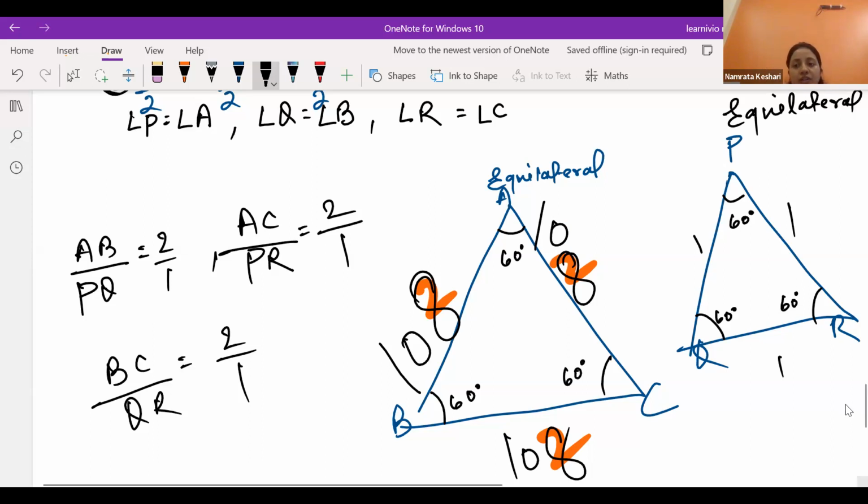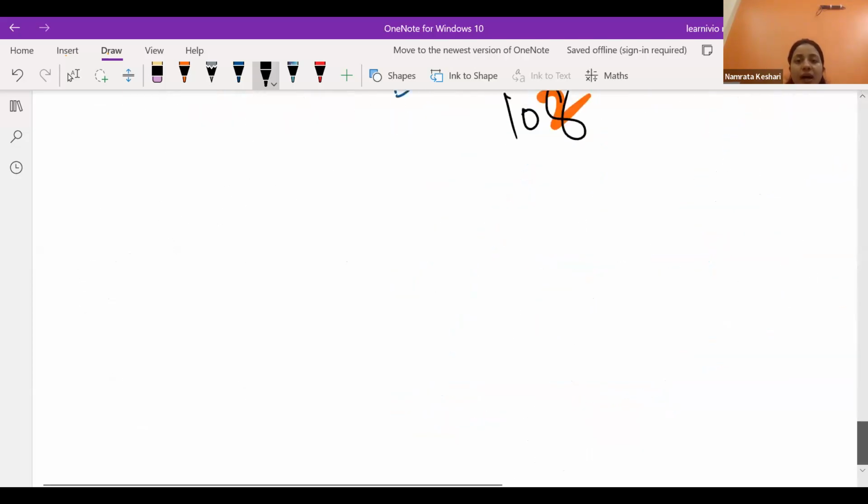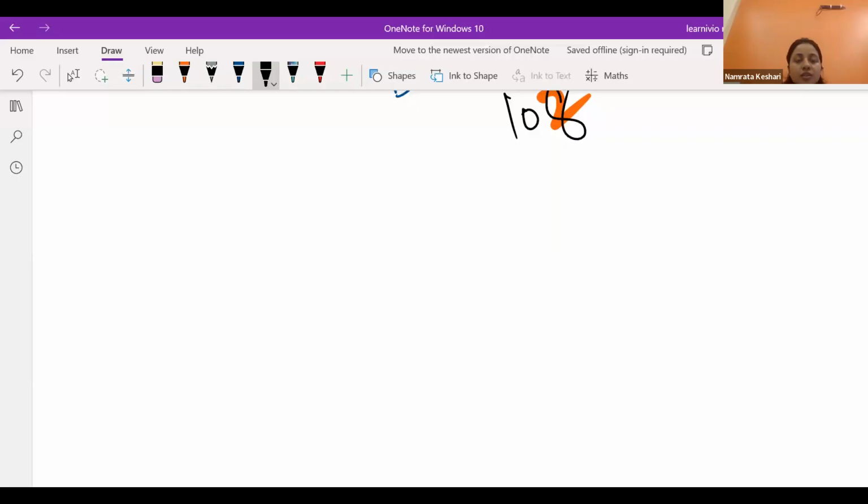Now the next figure which will always be similar. When we are talking about similarity, we can discuss any shape. I started with a quadrilateral, but you can take any shape. So just let me show you another shape. Are you able to see this screen, this OneNote? Yes, ma'am. Okay, if I am taking a circle